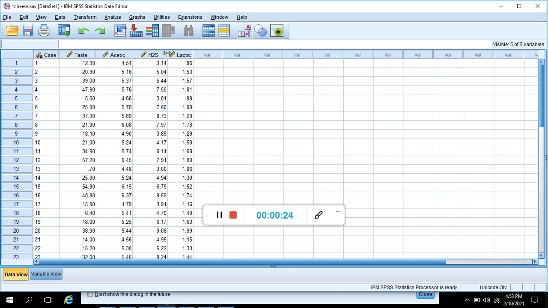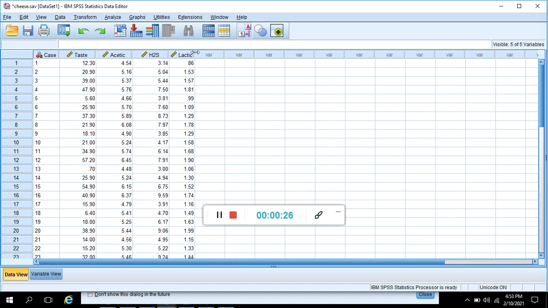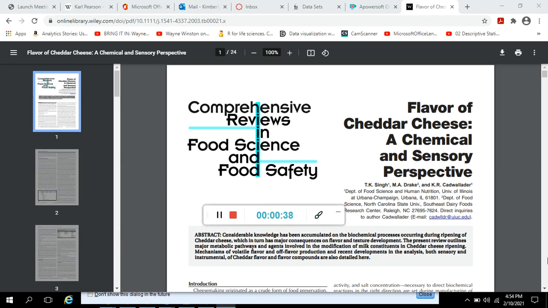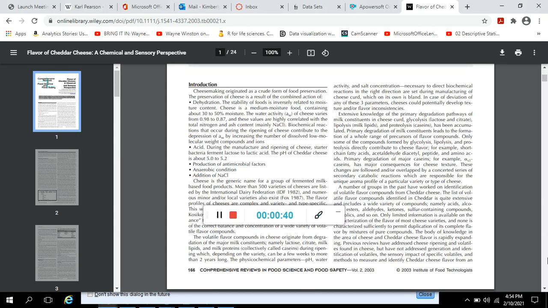tastes like. Acetic acid is some type of acid, as is hydrogen sulfate, I believe H2S is, and lactic acid. I suppose I should investigate these a little bit. All right, so I don't like working with data that I don't understand a word of. So this is